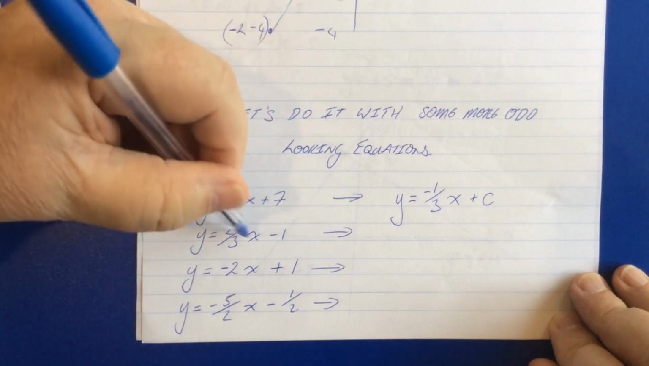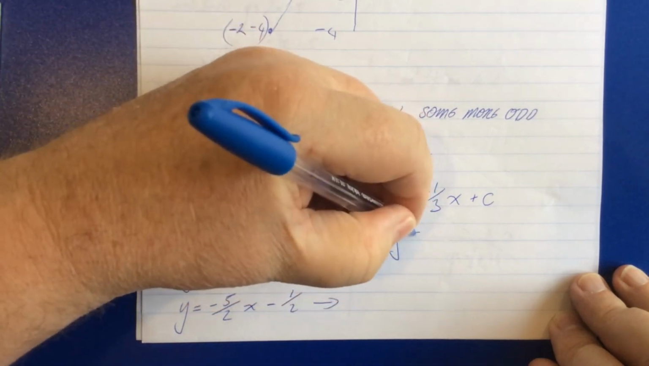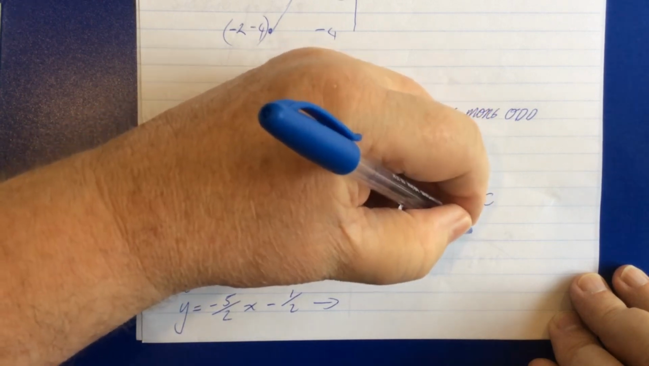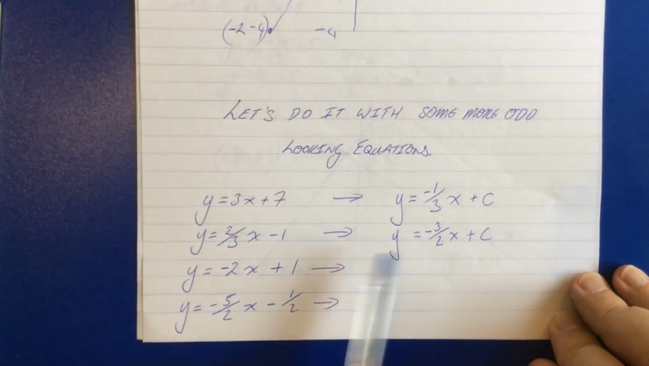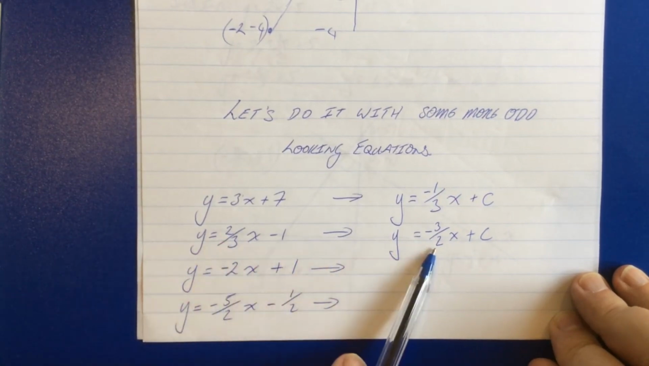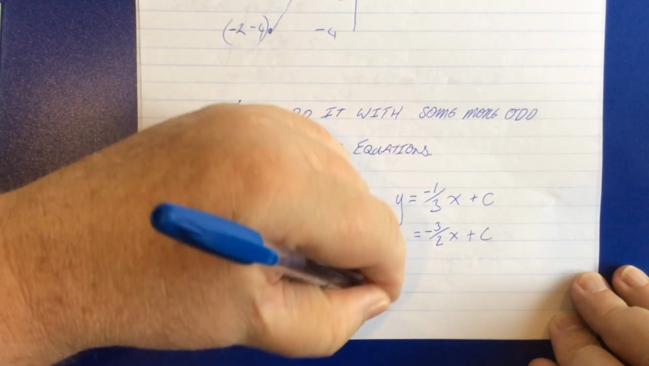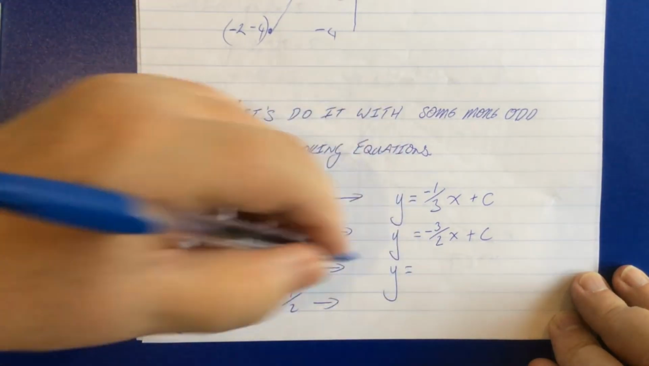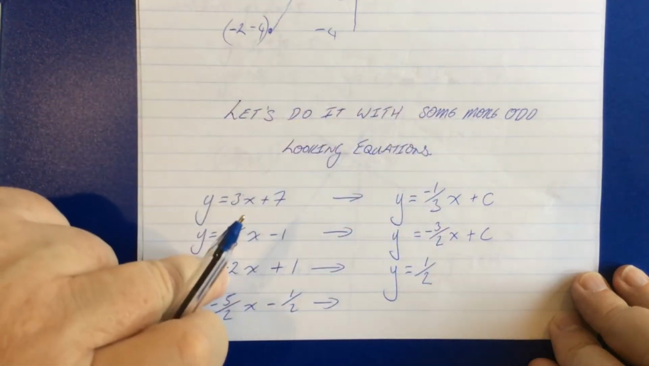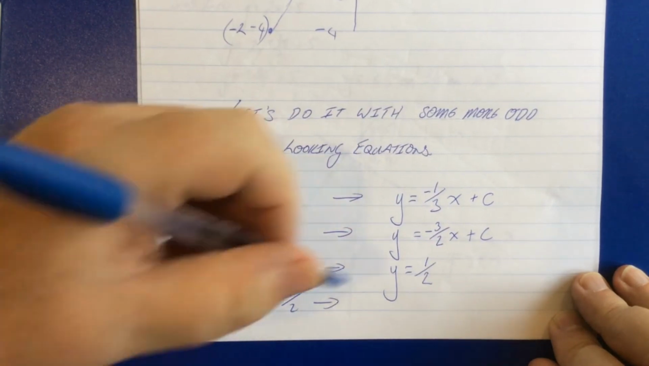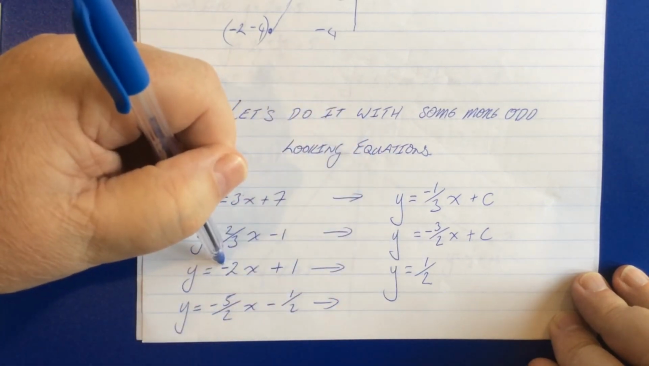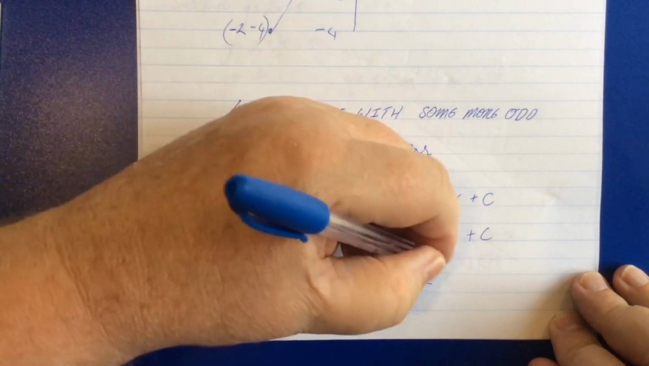y equals 2 over 3x minus 1. y equals negative 3 over 2x plus c. Where we've got a fraction, what we do is we simply flip the fraction and change the sign. y equals negative 2x plus 1. y equals a half x, which is negative 2. And this would normally be negative, but we started off with something negative, so this winds up as positive x